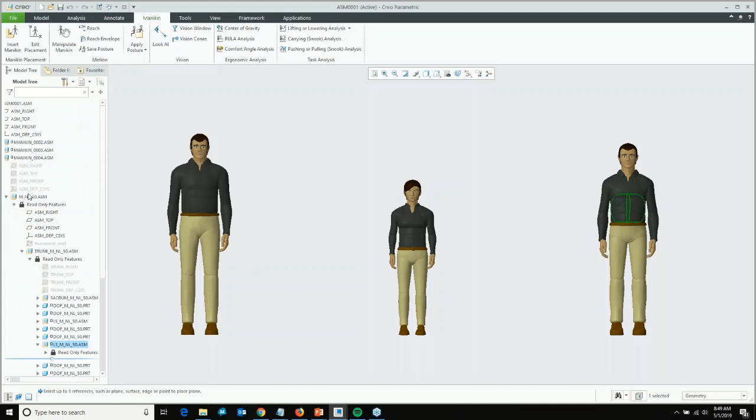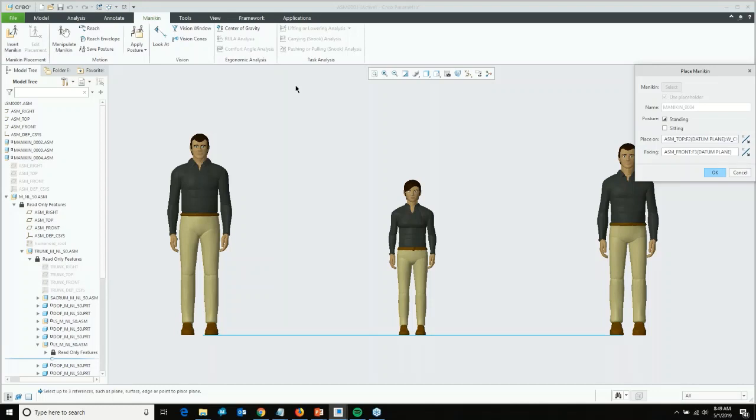Let's go back to the top level of this. If I go ahead and edit the placement, there are a few different postures. You could insert the person standing or also sitting. Again, take, for example, a car, and if I toggle that,